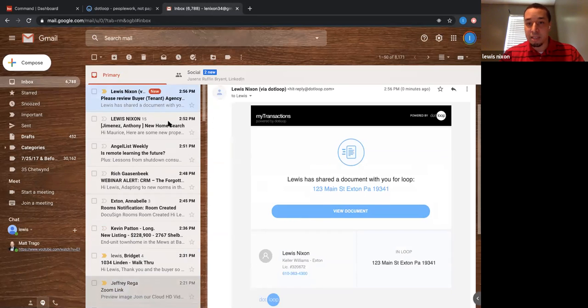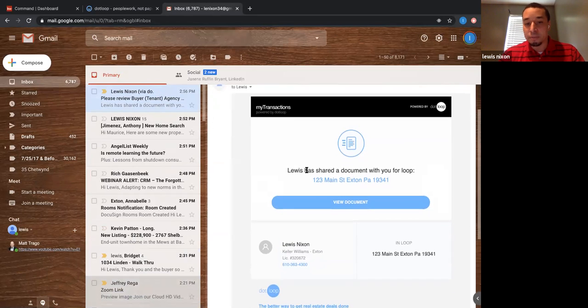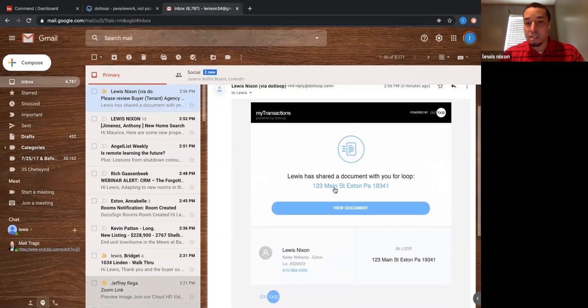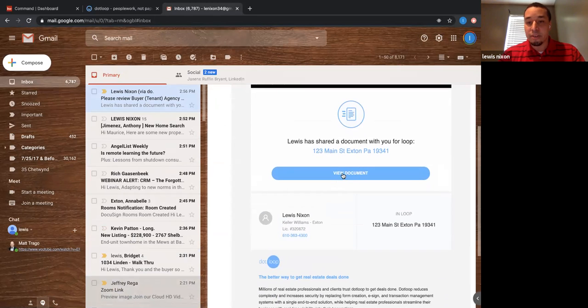It's sent to me, and this is what it looks like when it comes to you in the email form. It says Lewis has shared a document with you. If I hit view document,